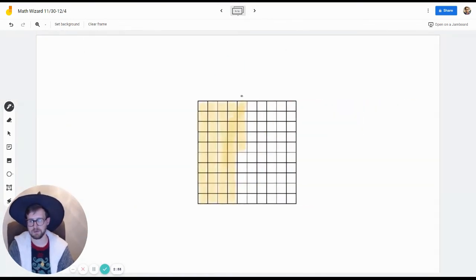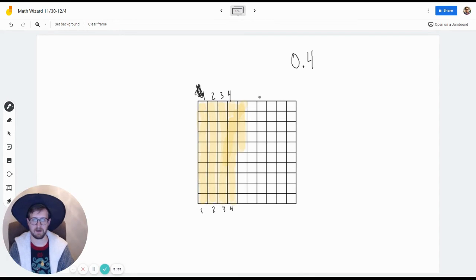Let's try another one. Let's read this one. What number have I modeled here? Well, first, I see that I've got 1, 2, 3, 4 complete columns. Each one of these has 10 hundredths in it. Well, what do I know about 10 hundredths? That's a tenth. So I have here 1/10, 2/10, 3/10, 4/10. I'll write my 0 because I've got no wholes, and